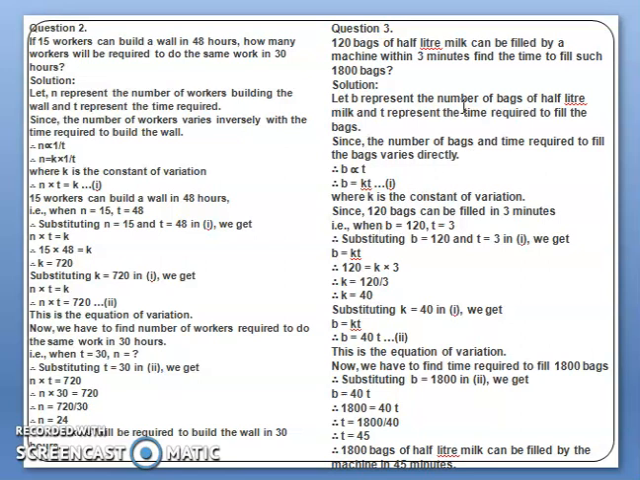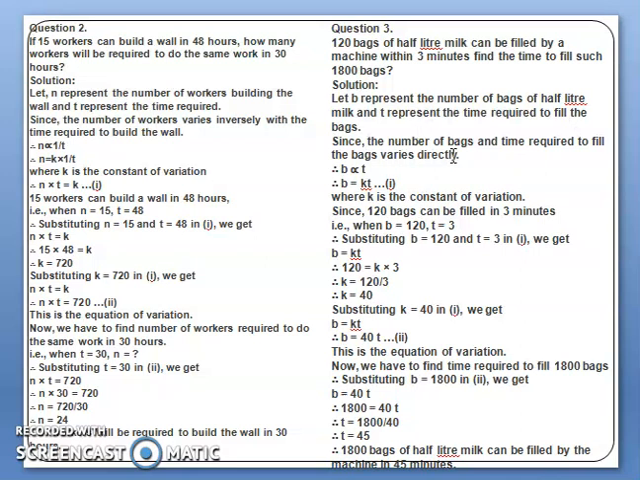Now move to the next question. 120 bags of half-liter milk can be filled by a machine within 3 minutes. Find the time to fill such 1800 bags. So let B represent the number of bags of half-liter milk and T represent the time required to fill the